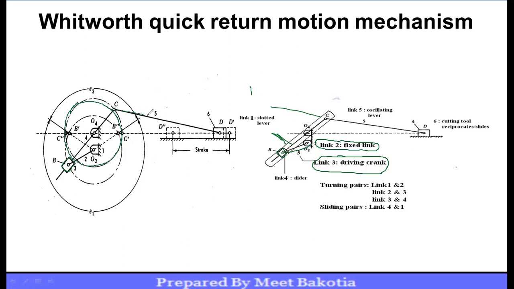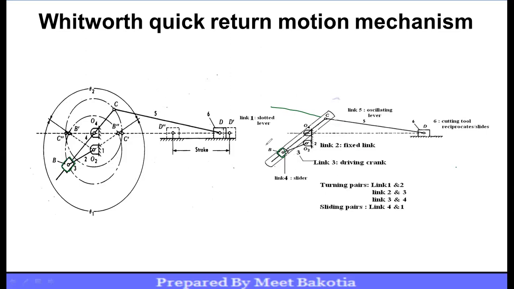Because of that, this oscillating lever, which is attached at the end of the slotted lever, is also going to oscillate. And because of its oscillation, the slider or our cutting tool is going to keep on taking the to and fro motion. So this is how our Whitworth quick return motion mechanism is going to work.